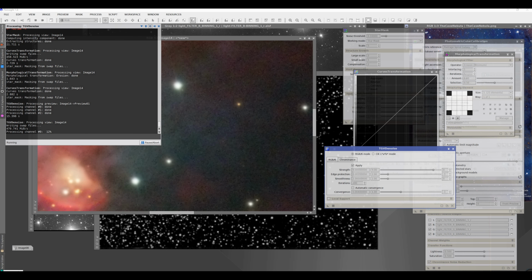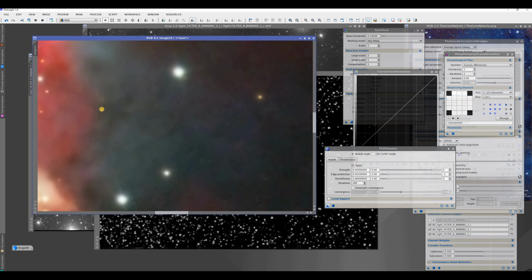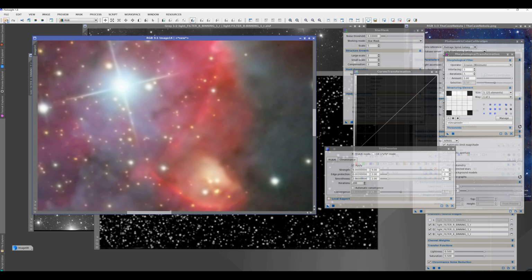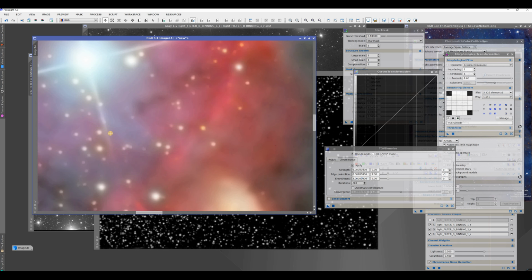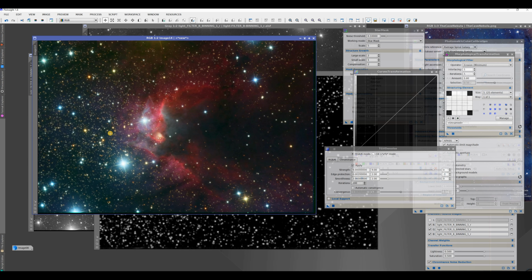All right, so that's done. So that's the change. It didn't really hurt the nebulosity. Let me go back. There you go. But clearly we fixed a lot of those noises. All right, so noise reduction is awesome. Wow, this image is really nice. Turning out to be really nice. Anyway,